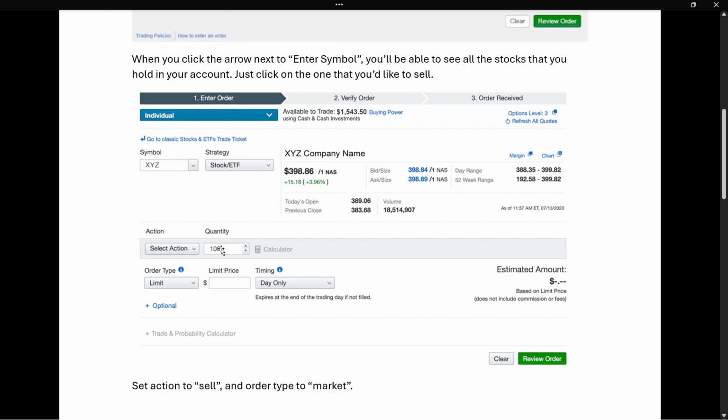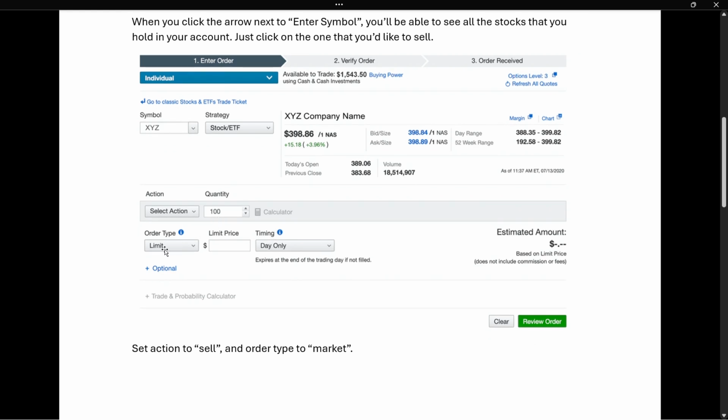So if you hold multiple positions of a stock, you'll be able to, for example, sell more of them, maybe just one or maybe less than one. You can decide that on your own, depending on how much you own and how much you would like to sell. Then what you want to do next is go under order type and then click on it and select